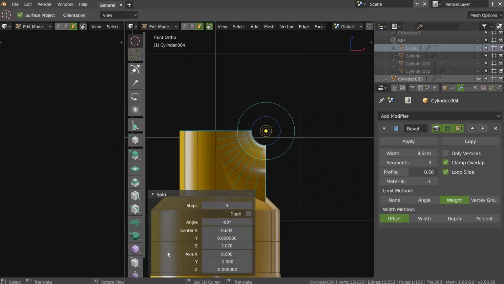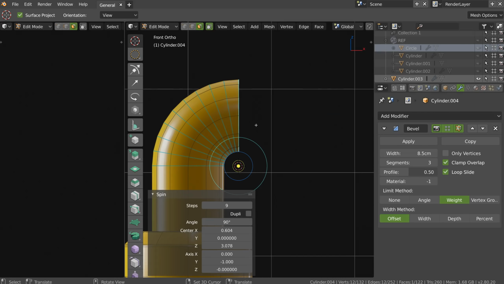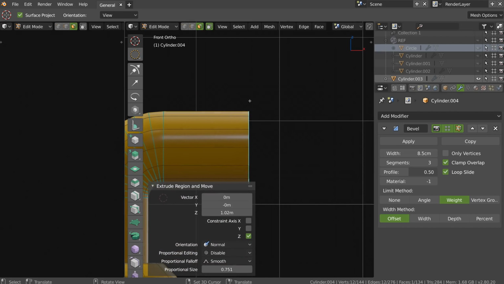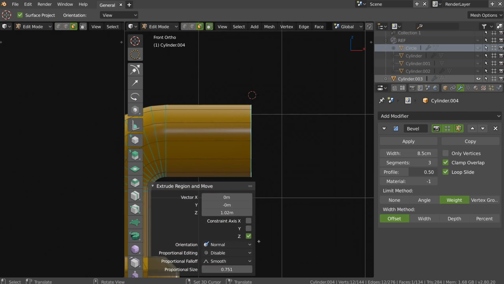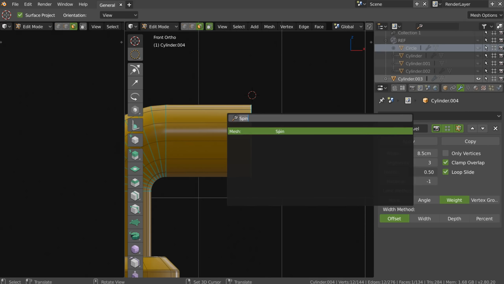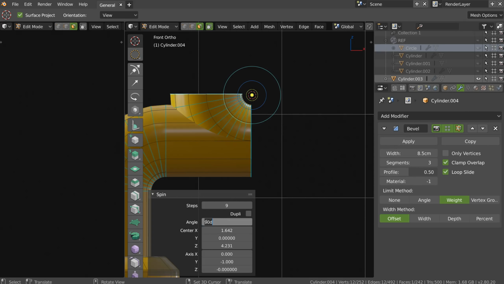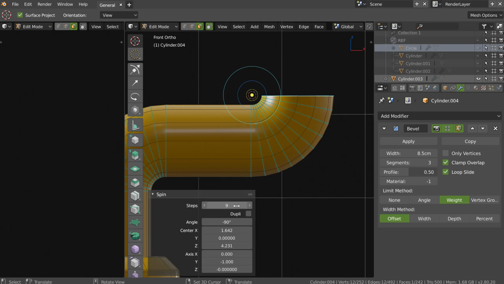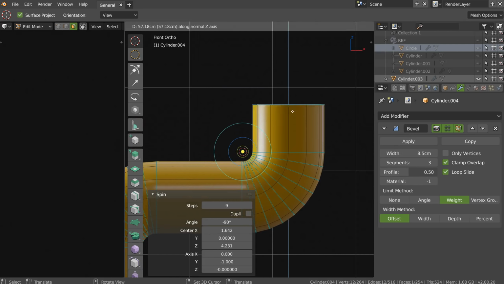I have this. I will remove this one, and that's it. I will press E, and I will move this one, and I will make the spin. Maybe with Shift R. No. And in this one, I will make minus. Like this, and I will press E.